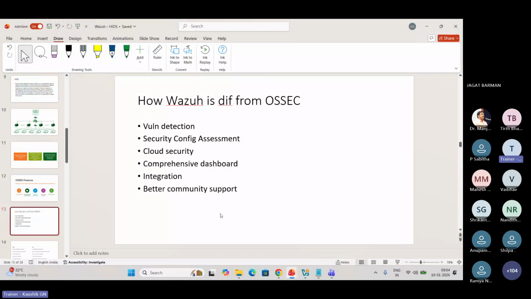This was not earlier part of OSSEC. Security configuration assessment, cloud security. Nowadays, all the data is uploaded in the cloud. Yes, cloud security plays a very important role. Then the comprehensive dashboard. Wazuh has a very good dashboard. We will show it at the end of the session.